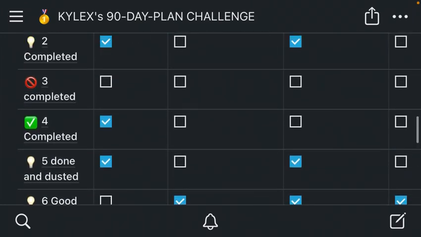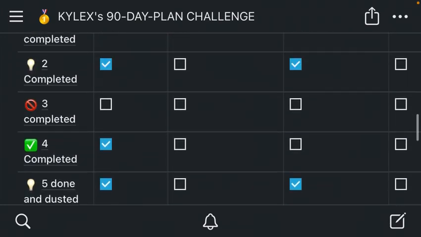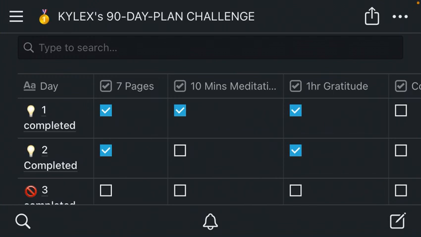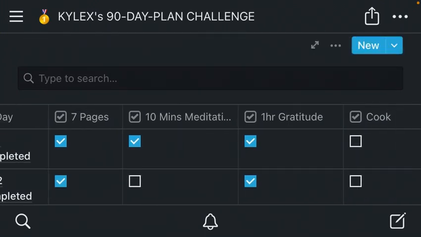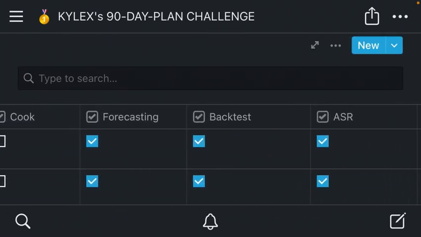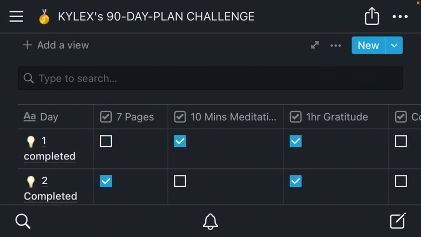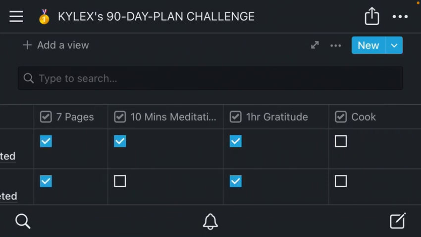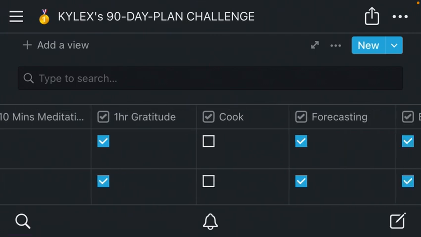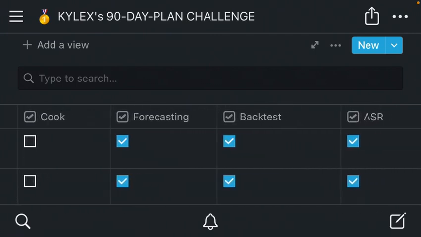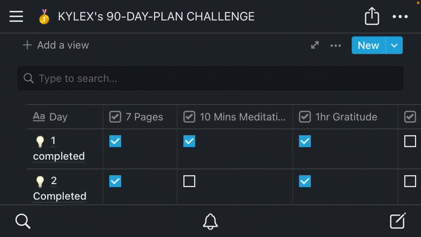Everything that I do, I come in and mark it. For instance, I read 7 pages, and then I meditate, gratitude, cook, forecast, backtest and ASR. So every day I have to come and mark this box. If I was able to read 7 pages, then I come and mark it. If I meditated for 10 minutes, I come and mark it. If I cooked, I come and mark it. If I did forecast, I click it. If I backtested, I click it. So it's simple and easier for you to use, as long as you have this type of